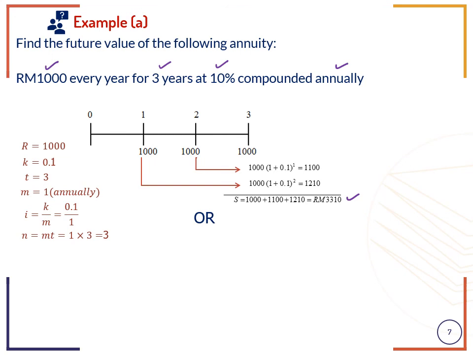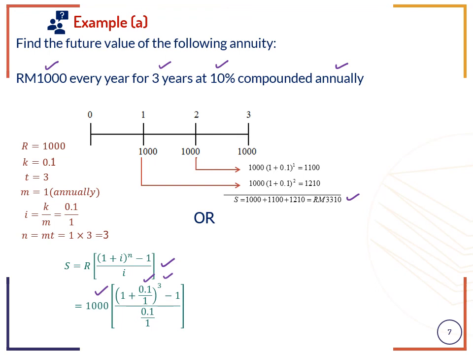this example also can be solved by using the formula of future value of annuity S. Now replace the value of R with 1,000, I with 0.1 over 1 and N with 3. So the amount of future value is equal to